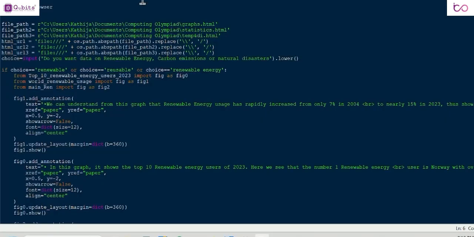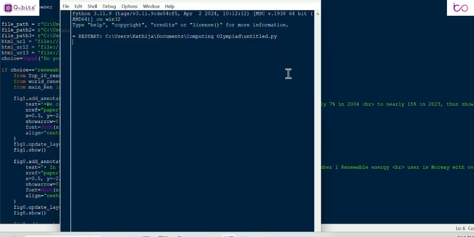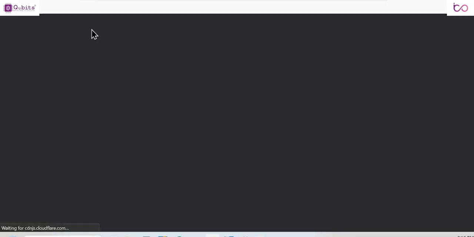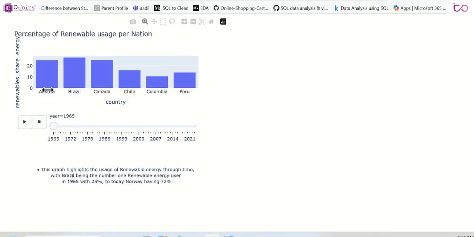This is our main program, using a series of Python coding and Python libraries, as well as coding for other graphs. We managed to prompt the user on what type of climate change data they want: renewable energy, carbon emissions, or natural disasters. For example, let's say they want data on renewable energy. All they have to do is just enter the data and it will open a series of graphs. This graph, for example,